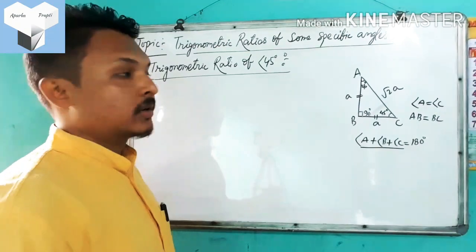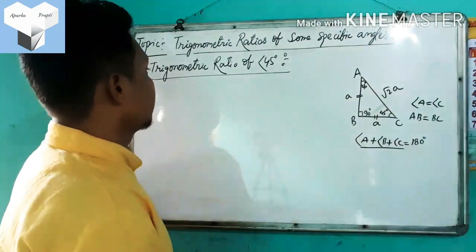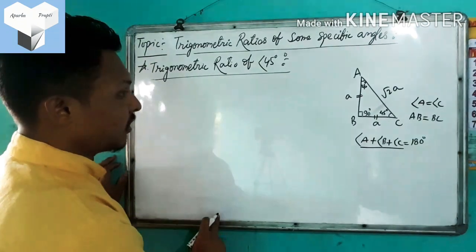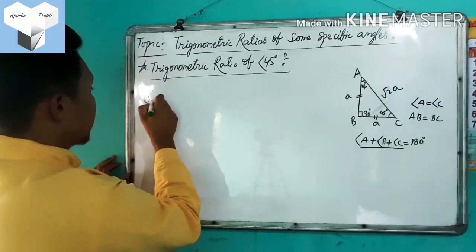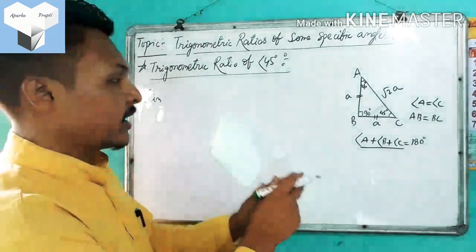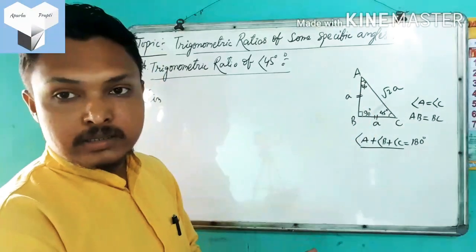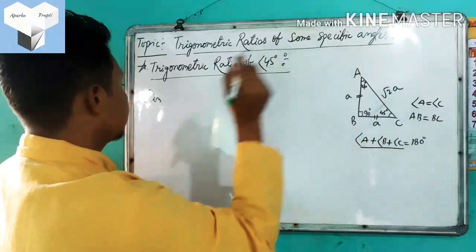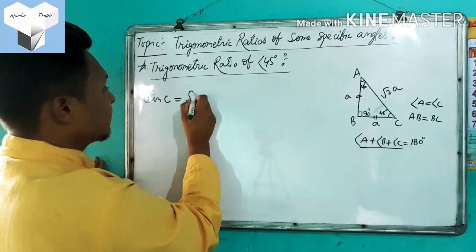Just check out. So guys, here we have found the length of all sides of the triangle. Now we are going to find out the trigonometric ratios of 45 degree. That means the first trigonometric ratio is sine. Let us consider any one angle that measures 45 degree. You can consider either angle A or angle C. Which one will I take? You just say, okay, then I will take angle C. That means sine C. Sine will remain as sine.